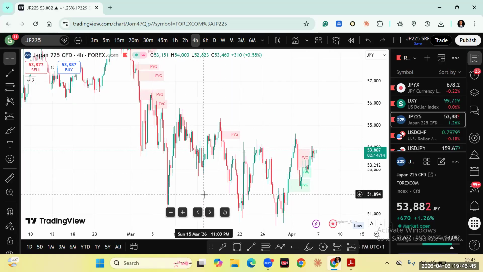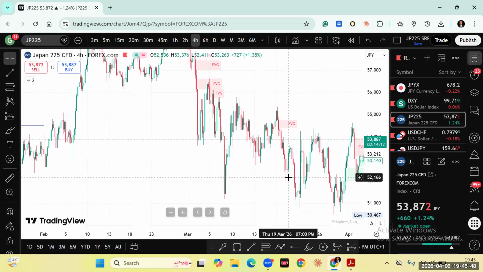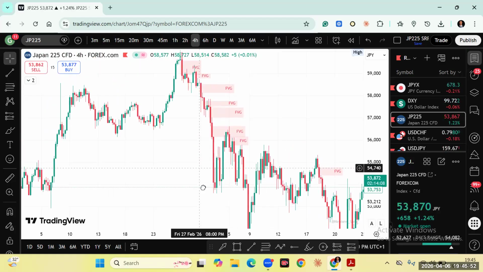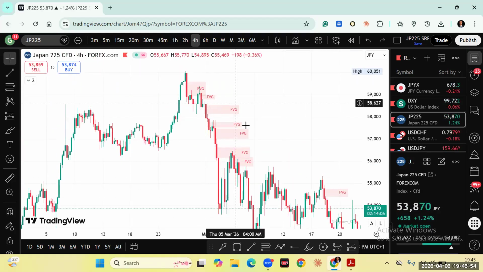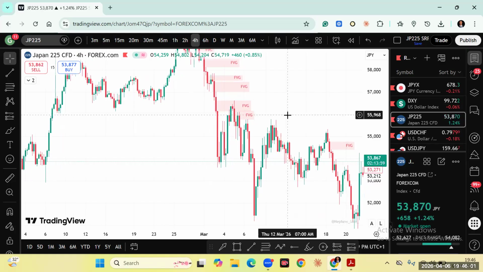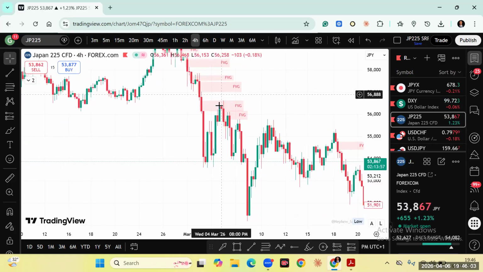But let's look at a very good setup that happened here, and so price was selling. When price was selling here, the war started and it was selling. You just wait for price to give you your exact confirmation, and I like this. Here it did the bearish liquidity grab. Look at how a sell starts. It starts with a bearish liquidity grab. Sometimes it may not be a bearish grab, it may just be a rejection. You'll see a wick. But if it is a bearish liquidity grab,